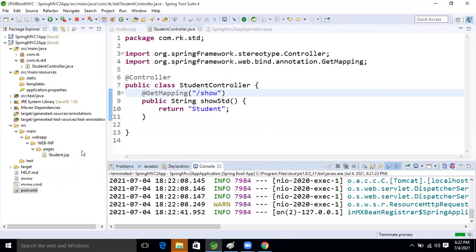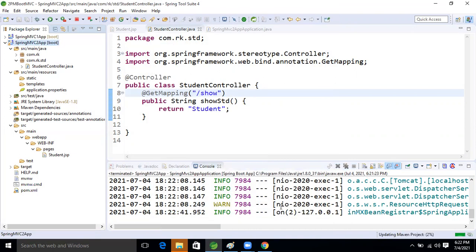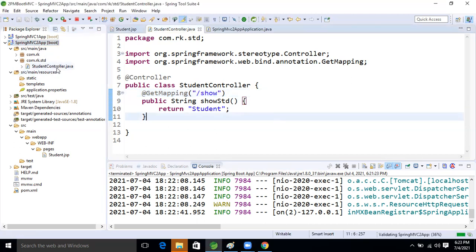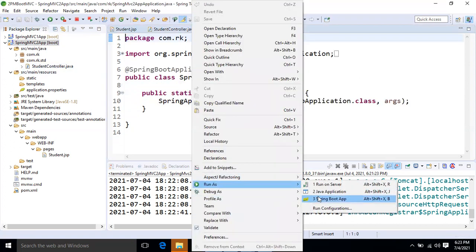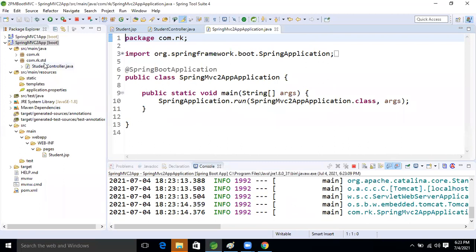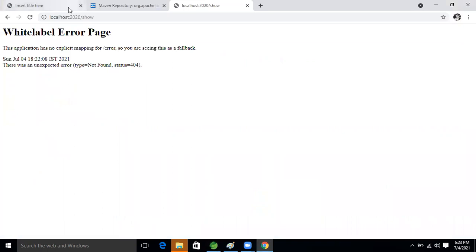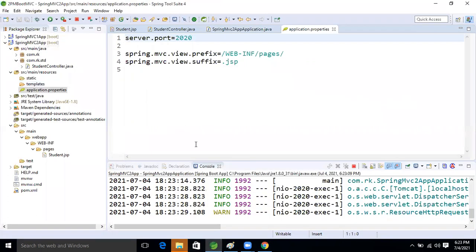In the Jasper dependency, actually, it's an earlier port removed issue, I think, a version issue. Ravi, it's not getting the 2020 port number.